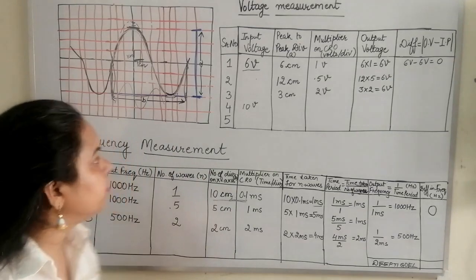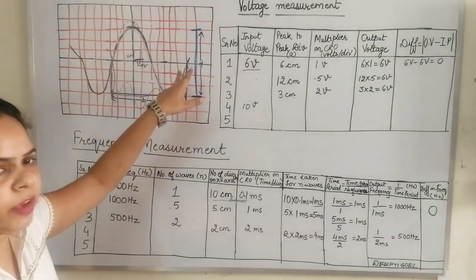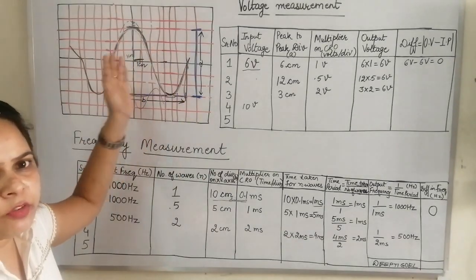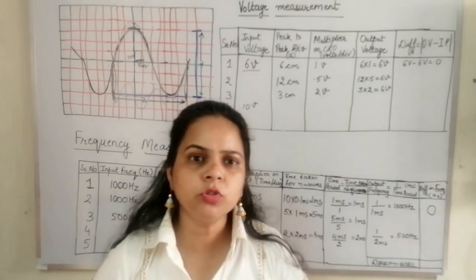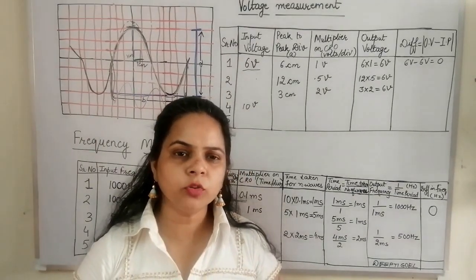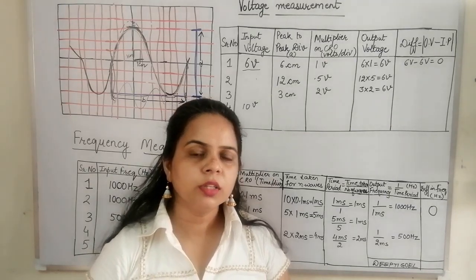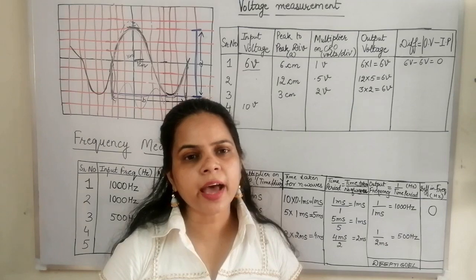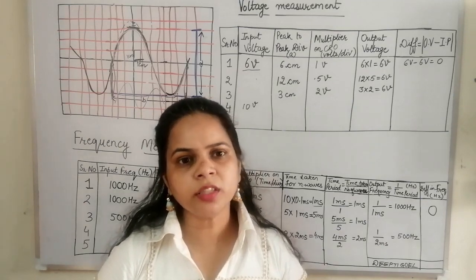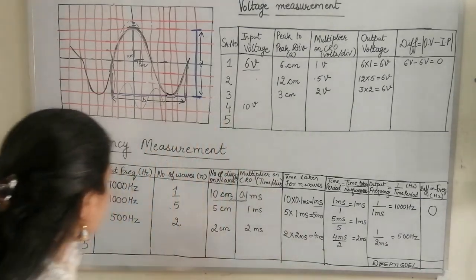The change will come in the fact that instead of 1 wave, you will get half a wave, 10 waves, 20 waves. So the CRO is not capable of changing the value of the input that you are feeding in the CRO. The multiplier is just amplifying the signal. It is either amplifying in a positive sense or a negative sense.